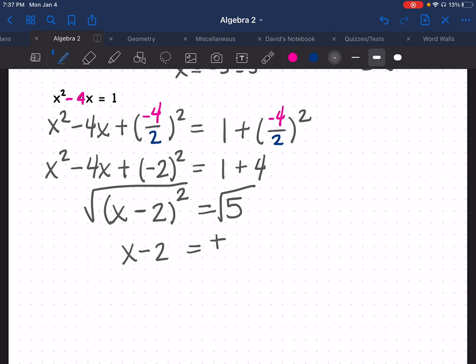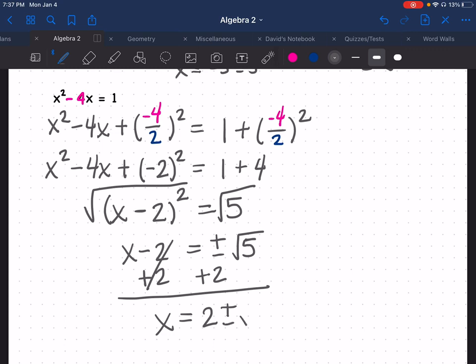The square root of 5, I don't know what the square root of 5 is. In fact, it's going to give me some decimal, but before I go to the decimal, I need to add 2 to both sides. Now, I'm not sure how your teacher is going to ask you, but you could have 2 plus the square root of 5 or 2 minus the square root of 5. But since this one specifically asked me for my decimals, I'm going to go ahead and split them and say 2 plus the square root of 5, and that's going to give me about